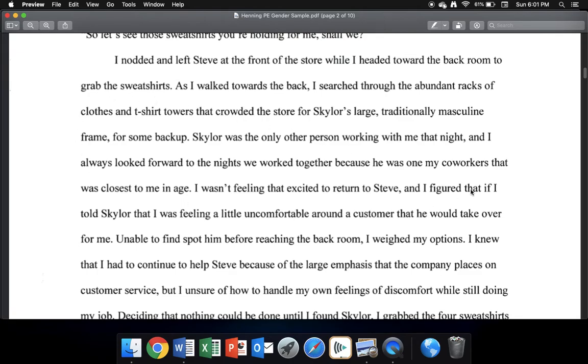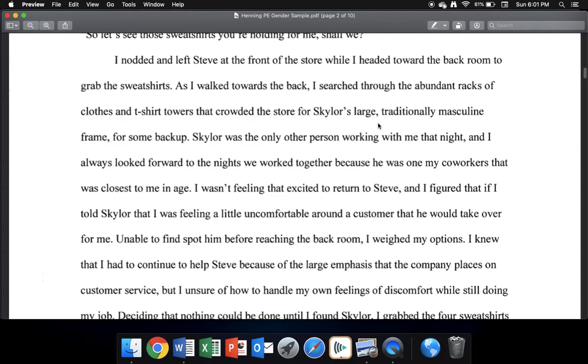This really gives a lot of tension, and one of the things that Kelly does a really good job of is waiting for the moments in the narrative to reveal information that's actually relevant at that time. So she's in a clothing store. We don't need to know the exact specifications of the clothing store because we can essentially fill in those blanks in our minds because we've all likely been in clothing stores. However, she does give some description of the clothing stores when they obstruct her view for Skylar, this guy who could save her from the situation.